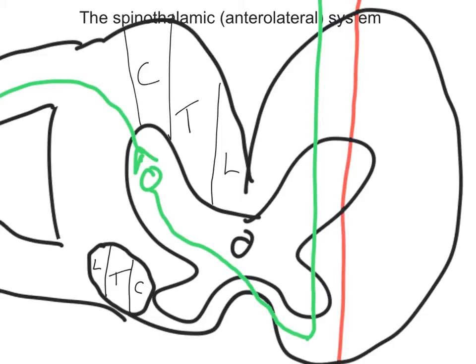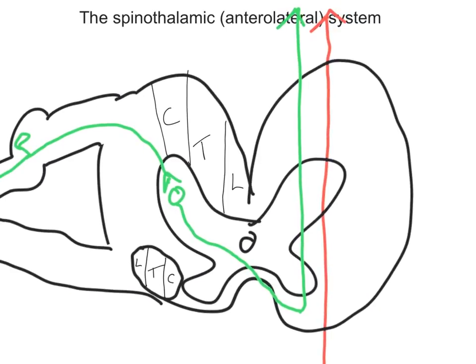So the arrangement in the spinothalamic tract is the opposite of what we find in the dorsal column. And of course, this could have certain implications for an expanding central lesion of the cord. So you can imagine that if we had a lesion growing in the cord, let's just add on a lesion